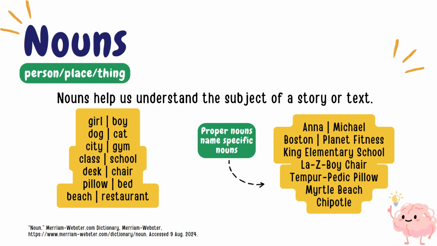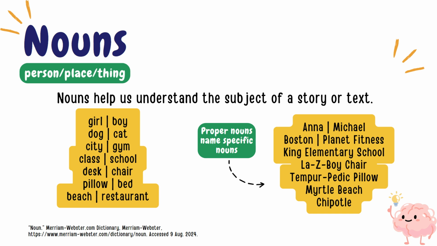Next, we have nouns, which are commonly referred to as a person, place, or thing when we think of nouns. Nouns help us to understand the subject of a story or text. So some of our common nouns are things such as girl, boy, dog, cat, city, gym, class, school, desk, chair,